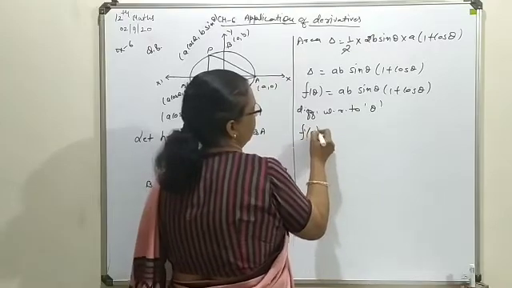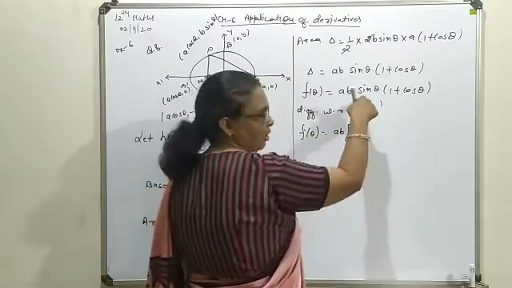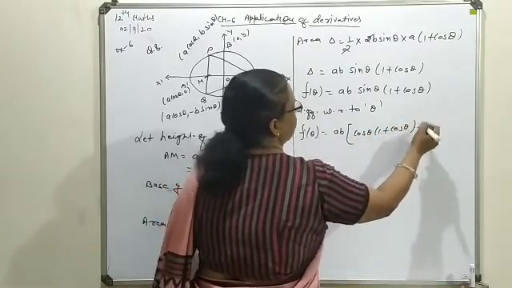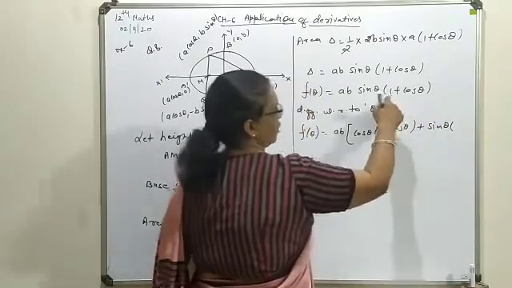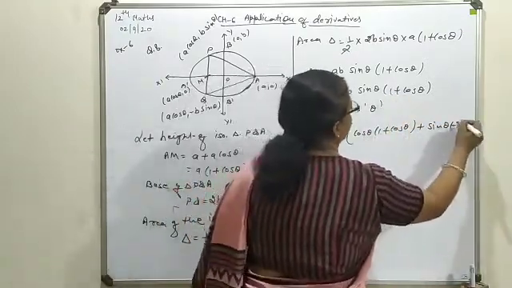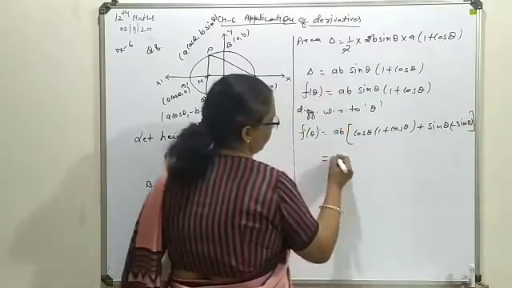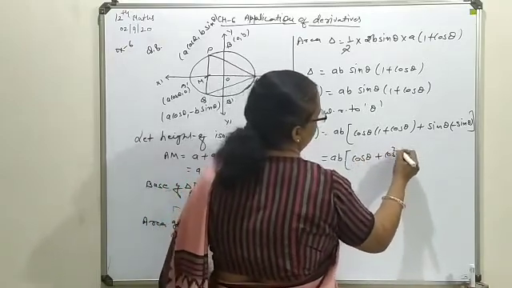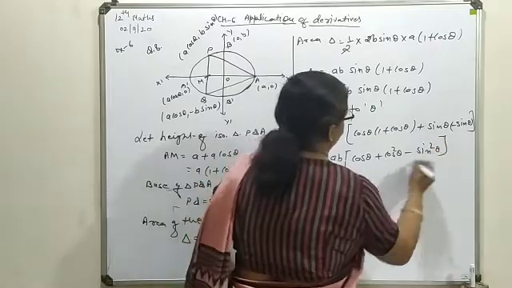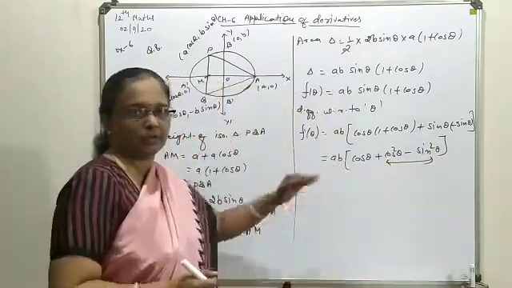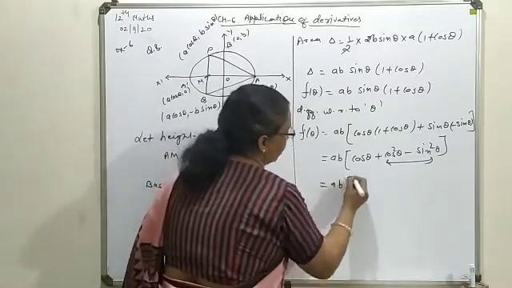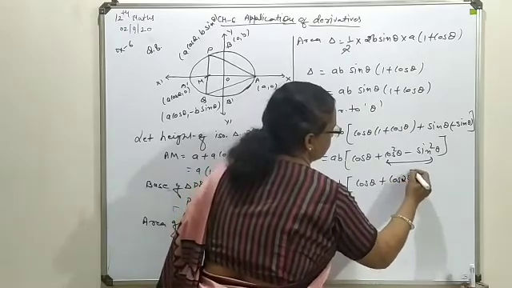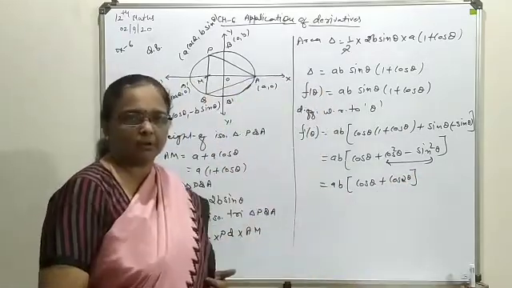So this is f dash theta, that is AB. Differentiation of sine, it will be cos theta, keeping this 1 plus cos theta as such. Then keeping this sine theta as such, differentiation of 1 plus cos will give you minus sine theta. Make them combined, cos theta multiplied to both, cos square minus sine square theta. We know this formula is for cos of 2 theta. So make them replaced by the respective formula form. Now this is the first derivative what we are having.